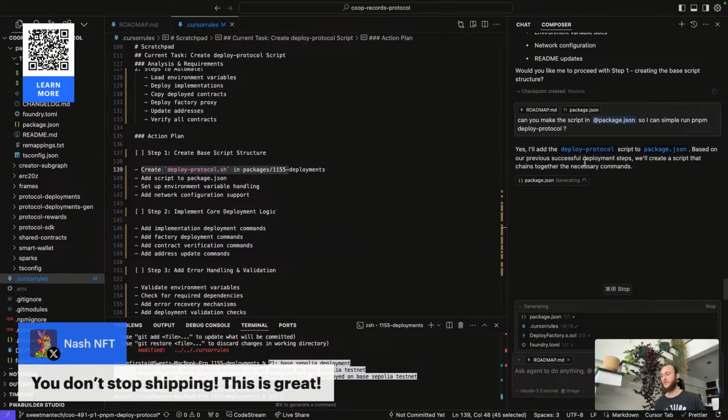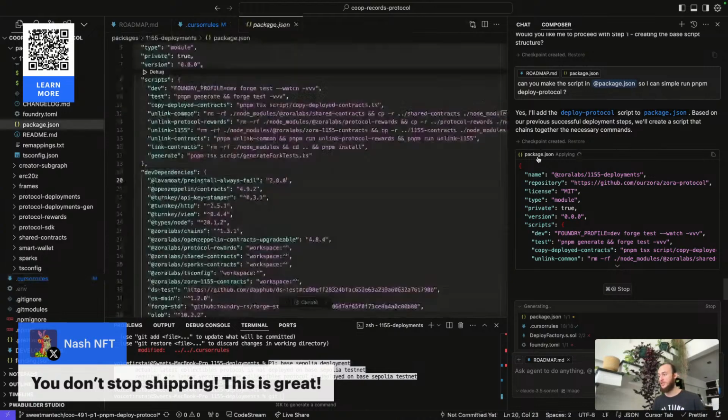I guess it was going to do them both. We'll create a script that chains together the necessary commands. That's what I was expecting. Just create a new command and package that chains everything together. It's going to be a long command, but